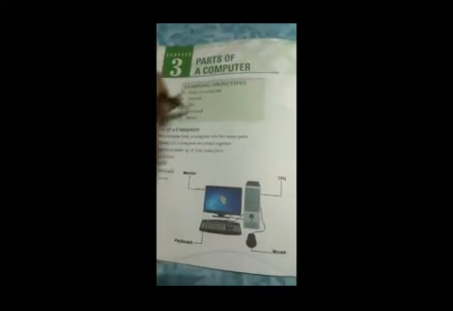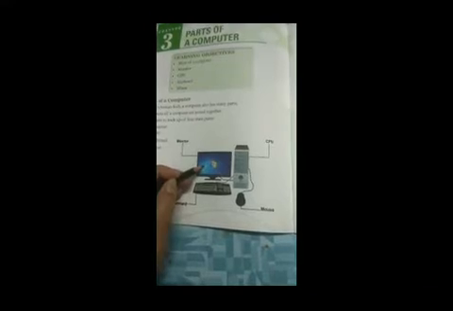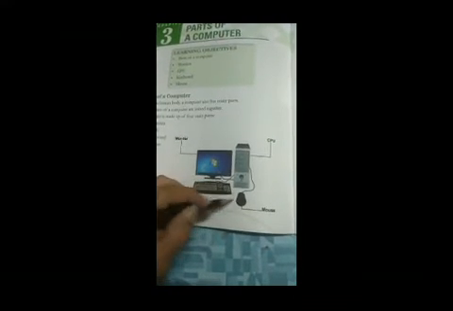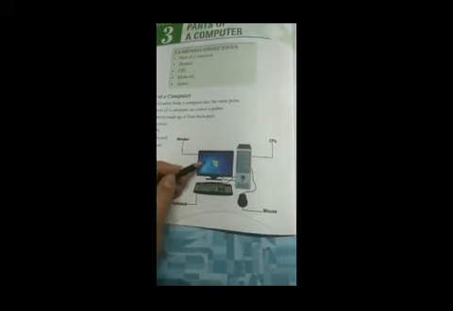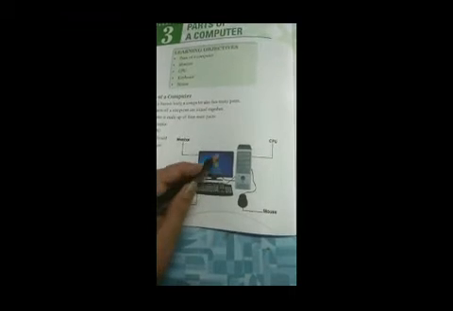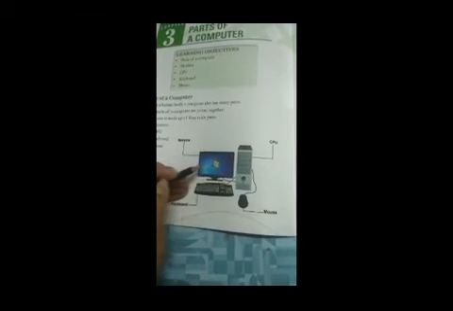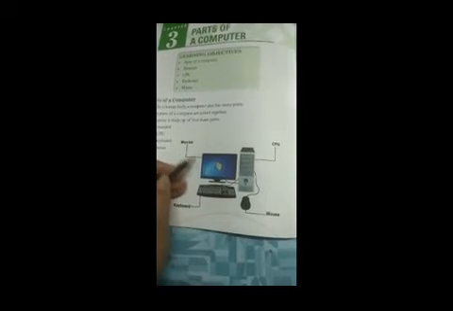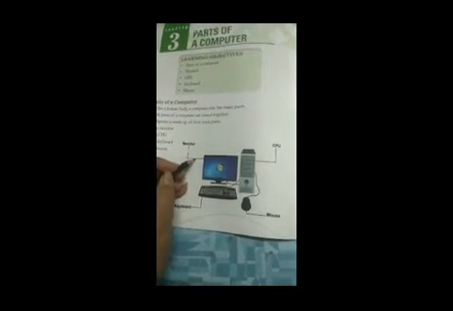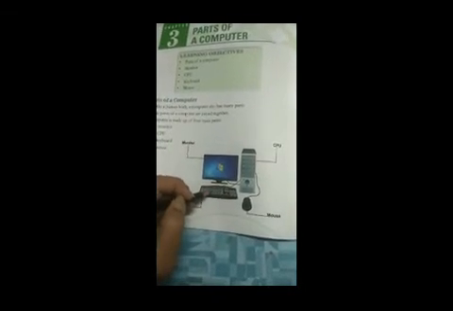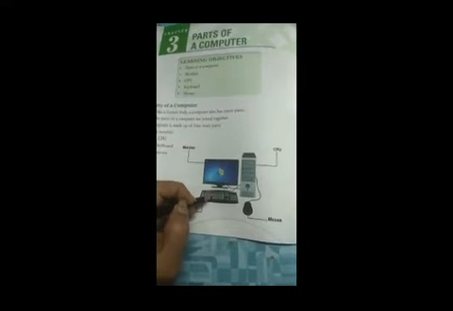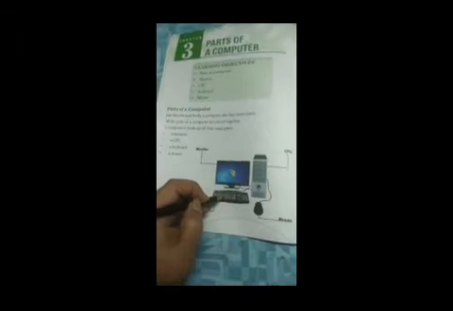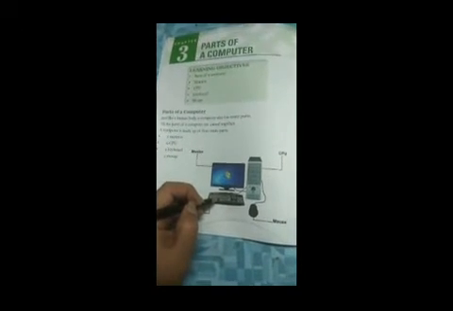Now, before I start this chapter, just see over here. You could see a picture of a computer. Now, my dear students, it looks like a TV. This is the screen, and the screen is called the monitor. Then it is attached with the keyboard. This keyboard helps us to type alphabets, numbers. We can type letters, etc.